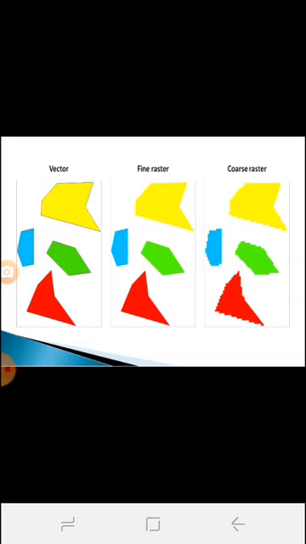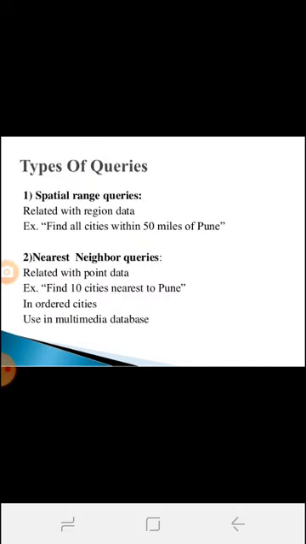Then vector and raster representations: in vector, the normal representation; fine raster is more or less the same; and coarse raster, where the edge is slightly slanted.